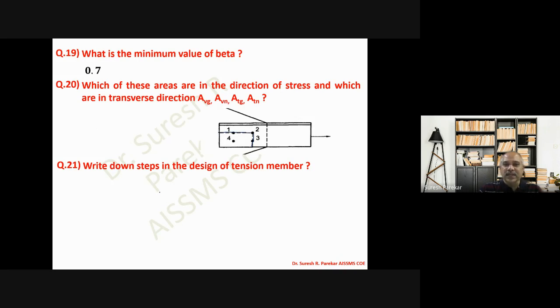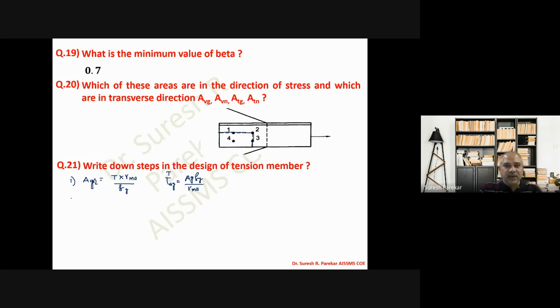Write down steps in the design of tension member. So now those steps you know already. First we have to determine AG, the area required, and that we can find as T into gamma m0 upon Fy. This formula actually we have from TDG. So we have TDG equal to AG Fy upon gamma m0, and we rearrange it a little bit and this we will consider as T into gamma m0 upon Fy, that will be AG required.